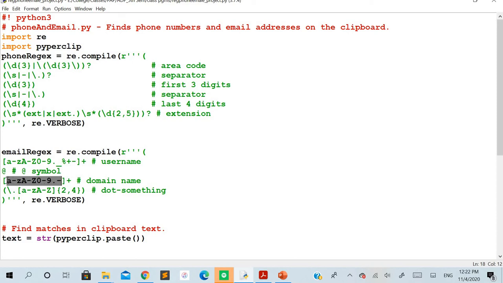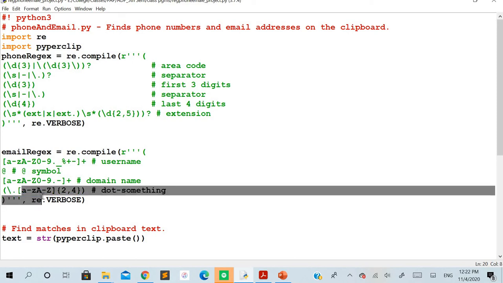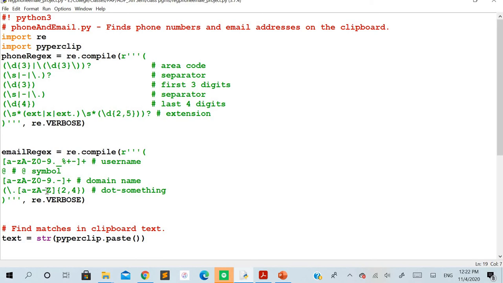So all the possibilities that appear in this pattern are going to be considered for the domain name, followed by a dot. Mandatorily you have the dot over there, so you can see a slash dot, which tells that it is the last part of the email address, followed by the alphabets, that is for the .com, or some dot something. It is not always a .com, it may be .co, .in, or even some other website addresses. In that case you may expect alphabets with any range, followed by 2 to 4 occurrences. So the range may be 2 to 4 here.